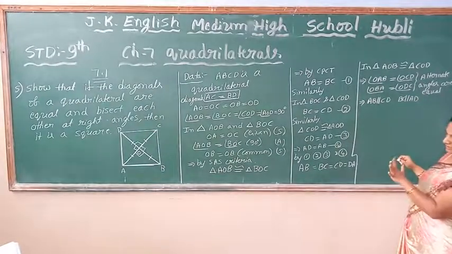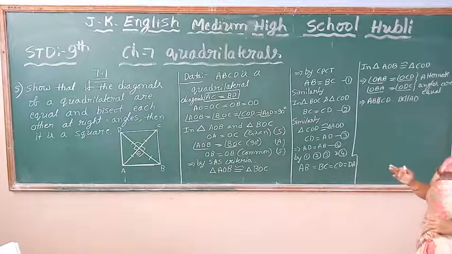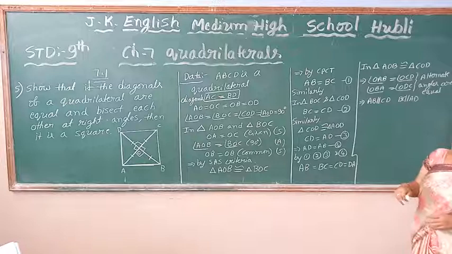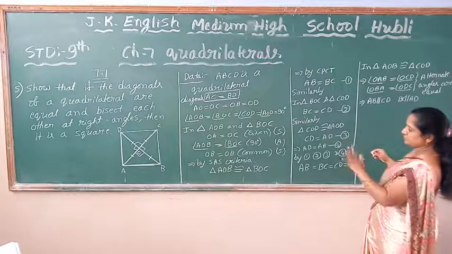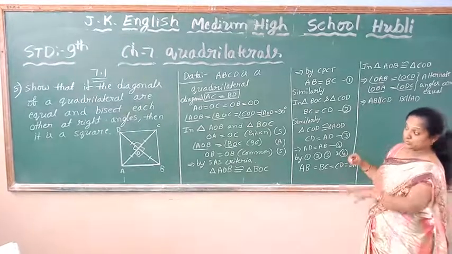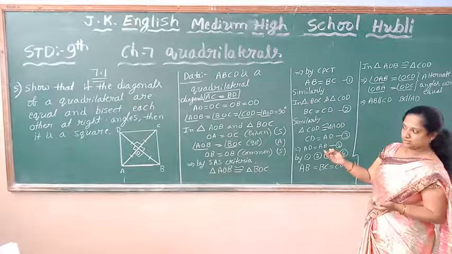Then I can take it now. So the sum of two angles. Any one of the angles I have to prove is 90 degrees to say it is a square. So I am going to consider now, all four sides are equal and parallel. I know now, four sides equal I put, and parallel also I put now.